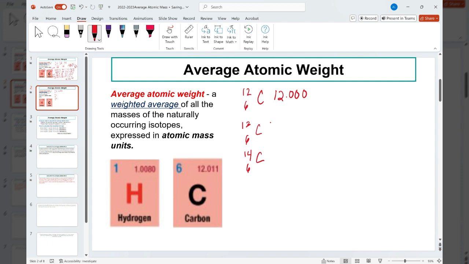Carbon 13 has a mass, in AMUs, atomic mass units, not grams, of 13.00385. Carbon 14